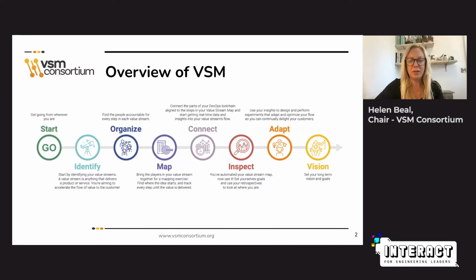The first thing you need to do is identify your value streams, and a value stream is anything that delivers a product or a service, so anything that has a customer. Then you need to organize around it. This doesn't mean that you need to do a large-scale reorganization of your company. You can just start identifying the people that are involved in each step of your value stream